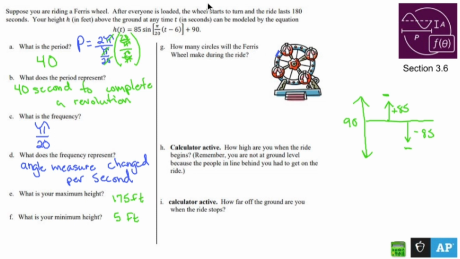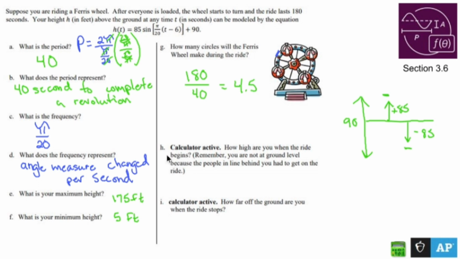Well, if the whole ride is 180 seconds, right? And it takes, what is it, 40 seconds per circle, per revolution. Well, then 180 divided by 40 is going to be 4.5. So 4.5 circles. So if you start around here, you're not going to end here. You're going to end here at literally its opposite, which is going to be convenient for us to do H